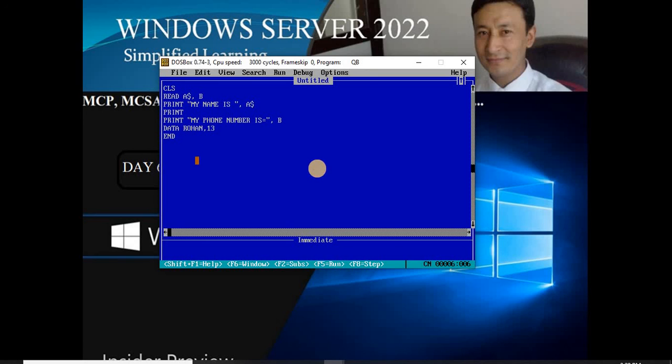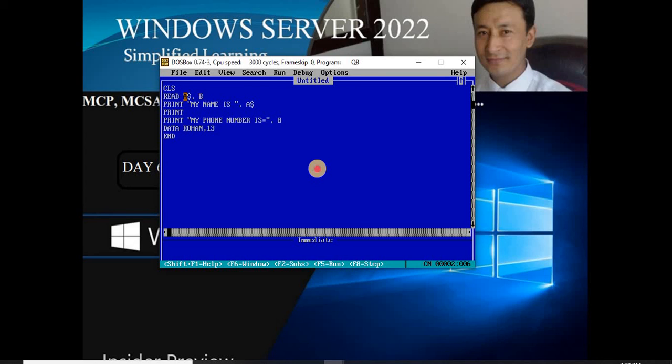but the string data should come in between double quotation marks. Of course, we do understand that B is the numeric variable, so the data is not between the double quotation marks. It is accepted, but the string data was supposed to be in between the double quotation marks, which we have not done. What do you say? Will it execute? Yes or no? Just make a quick guess. And the answer is yes.